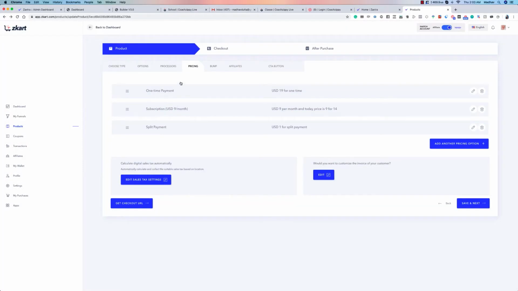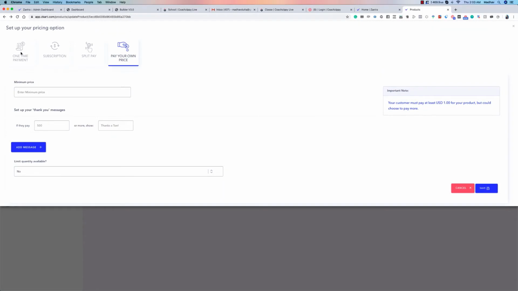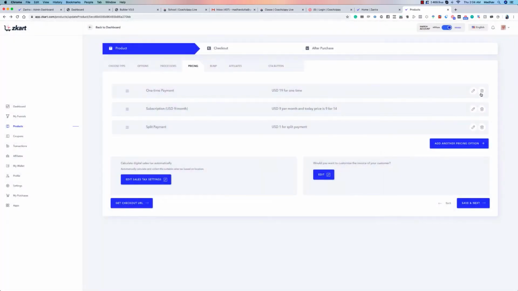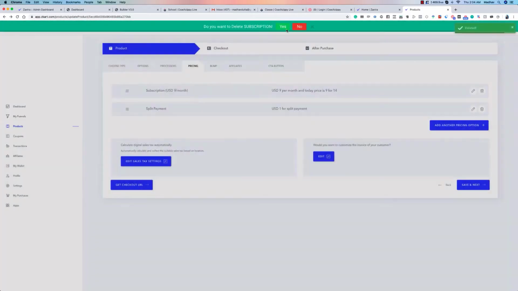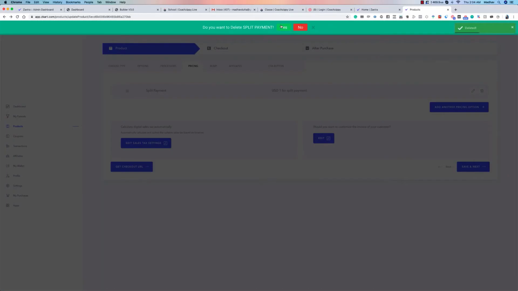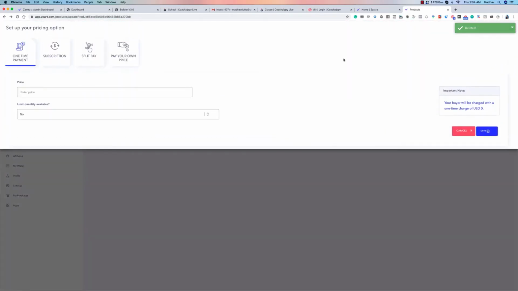And then there are pricing options. Okay, so let's just take a look at these pricing options. Options are one-time, subscription, split pay, and pay at your own price option essentially. So let's just delete this for now, the ones that I had put in earlier just for demonstration purposes, and let's do this new so that you